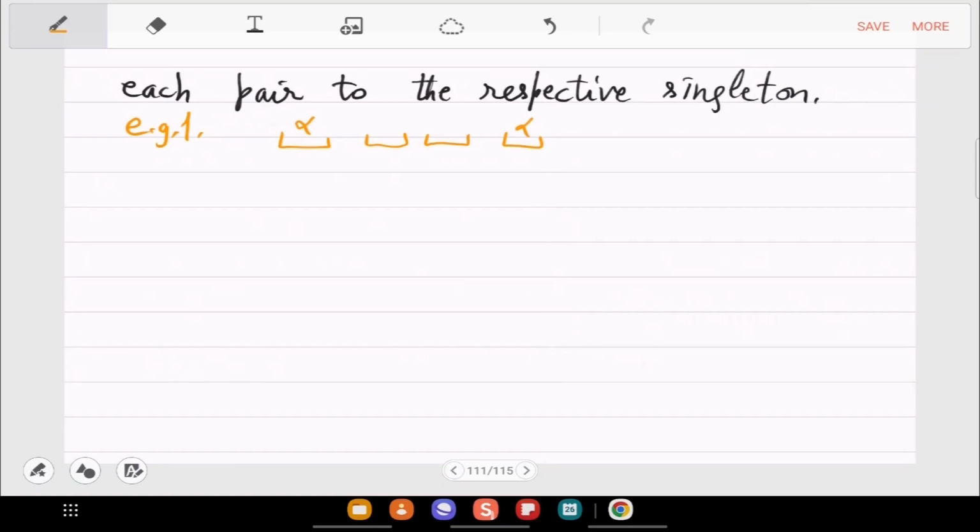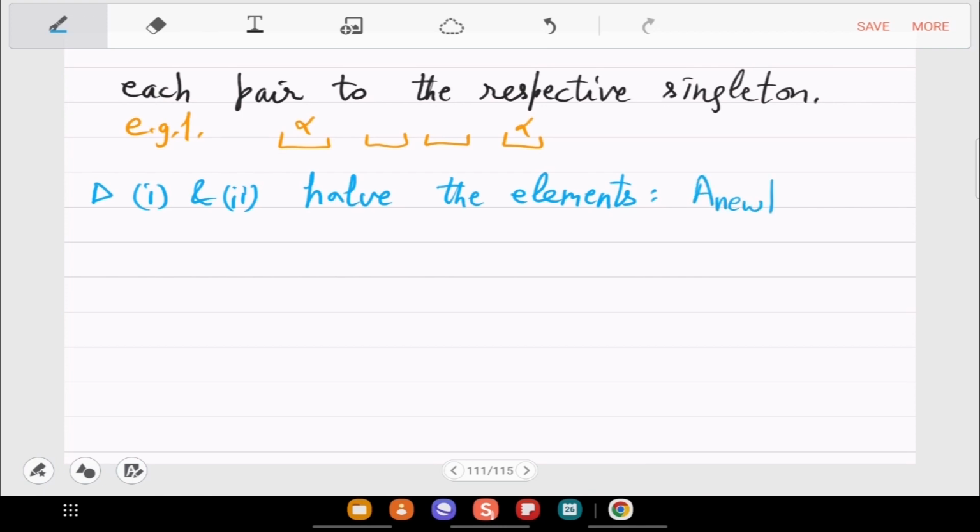So the consequence of this is that n elements have been reduced to half or less. So 1 and 2 halve the elements, which is basically that A new size is less than equal to half of A old.